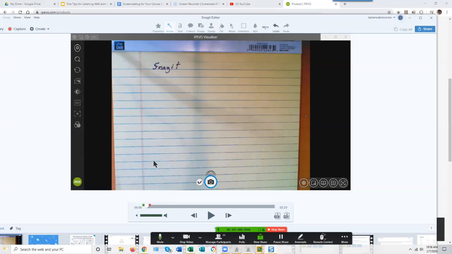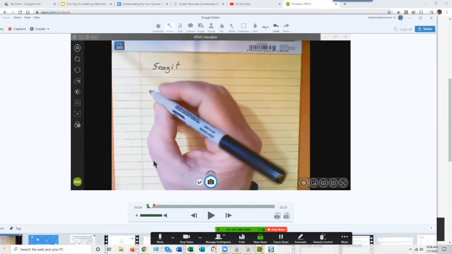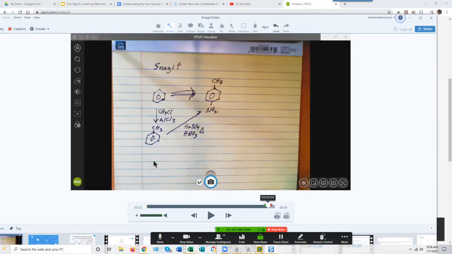That doesn't actually physically destroy that. It's still in the recording, but it means Snagit will not use it when it's sending it out. And there's a similar capability in Screencast-O-Matic. I'm going to give a lecture. I can just go over here and go to the end, and I can trim that too,